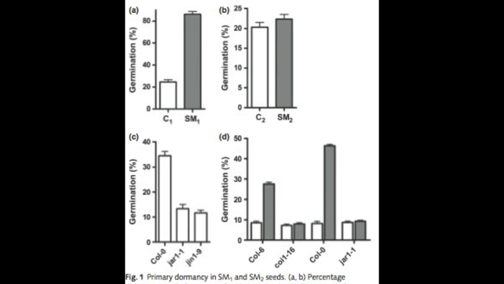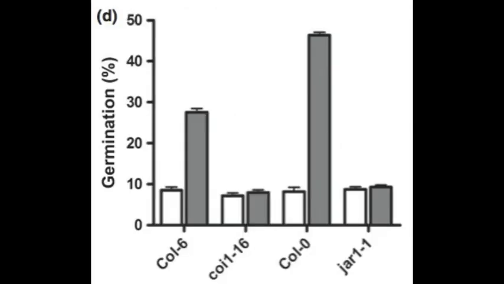We couldn't see this herbivore or damage-induced effect on dormancy in JA mutants, so we know that the JA signaling pathway needs to be intact. We also showed that it wasn't just the levels of the other hormones that were important, but that the sensitivity to ABA was changed as well. So again, ABA normally promotes dormancy and blocks germination.